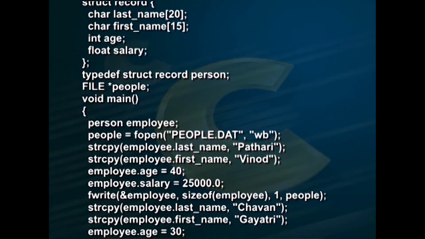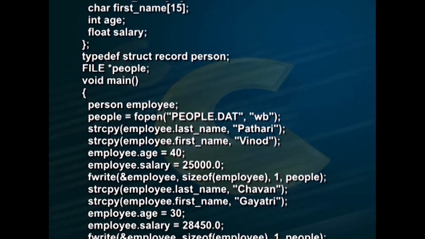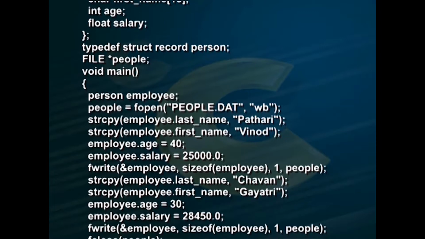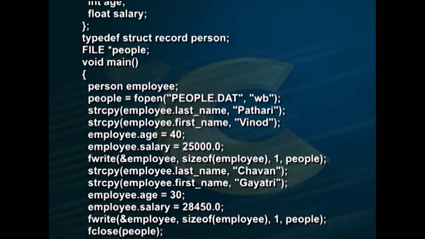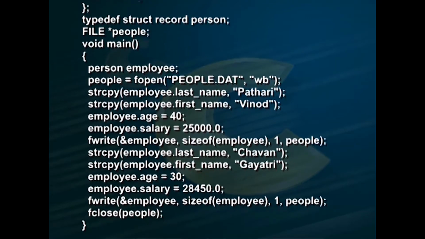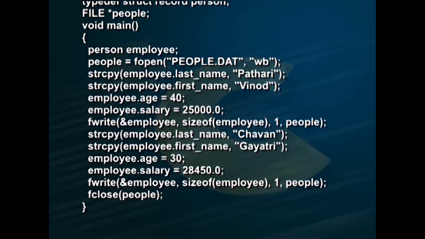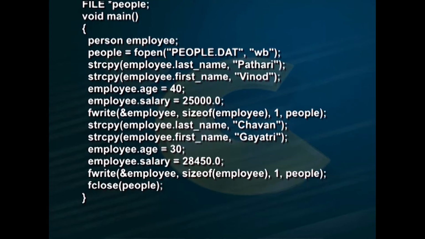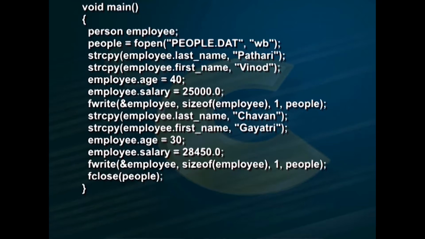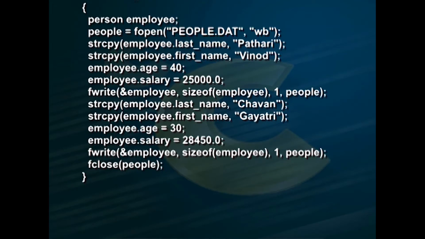void main() { person employee; people = fopen("people.dat", "wb"); strcpy(employee.last_name, "Pathari"); strcpy(employee.first_name, "Vinod"); employee.age = 40; employee.salary = 25000.0; fwrite(&employee, sizeof(employee), 1, people); strcpy(employee.last_name, "Chavan"); strcpy(employee.first_name, "Gayatri"); employee.age = 30; employee.salary = 28450.0; fwrite(&employee, sizeof(employee), 1, people); fclose(people);